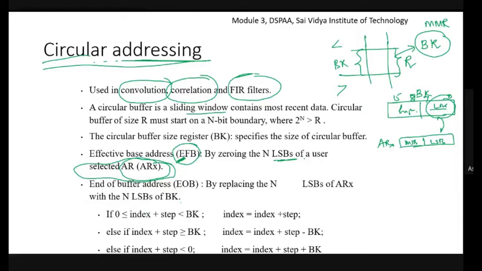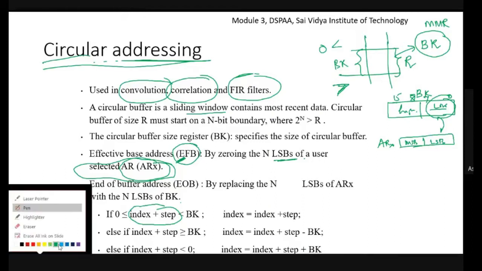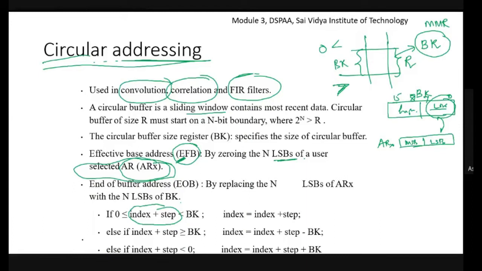The first condition: if index plus step is greater than or equal to 0 and less than or equal to the buffer size register, then the computed value is within this range, so there is no need of performing any addition or subtraction. Hence, the new index will remain as index plus step itself.